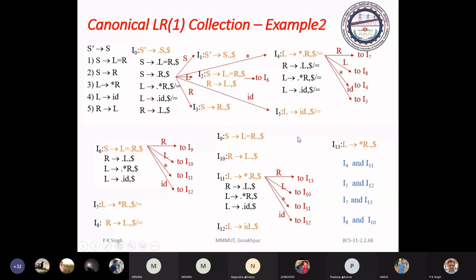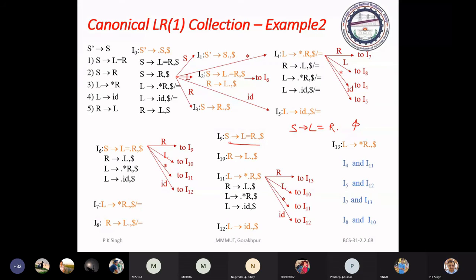Each LR1 item has two parts. One is core, another is lookahead symbol. Means for this very item set, S dash to L R dot is the core and dollar is the lookahead symbol.